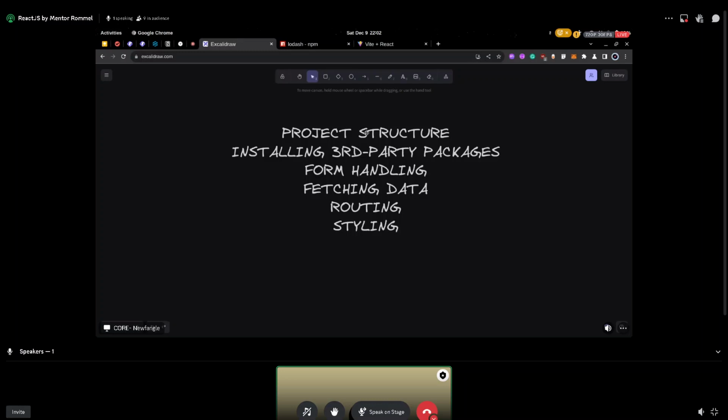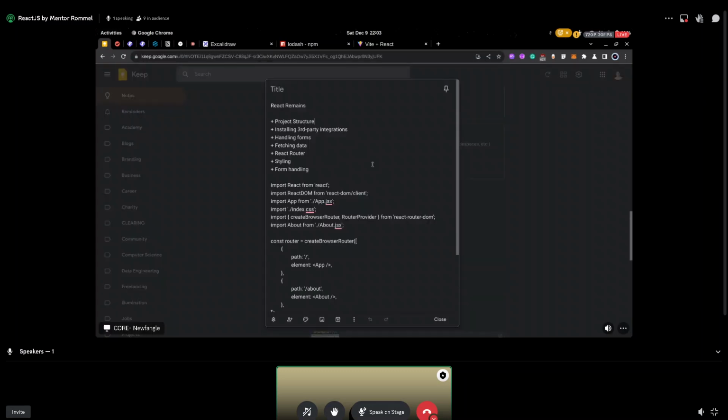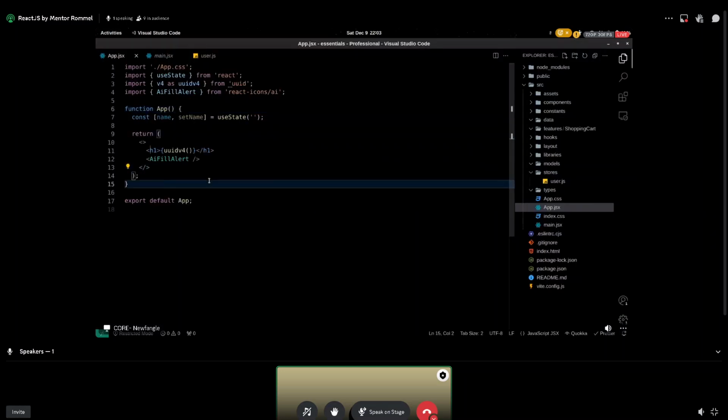What else? So yan. Tapos na tayo sa third-party packages. Unahin ko muna yung iba, no? For example, yung styling. Unahin ko muna yung form handling. Okay. Hindi pala, unahin ko muna yung form handling. Okay. So,